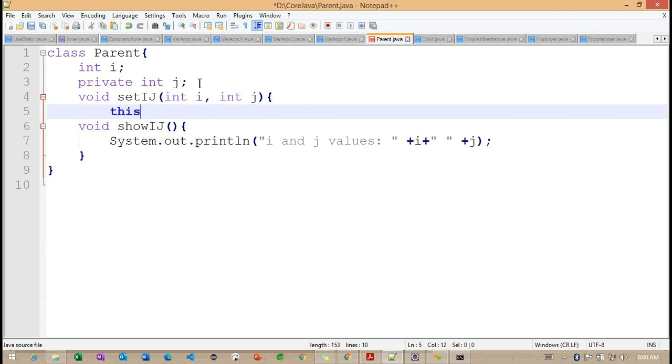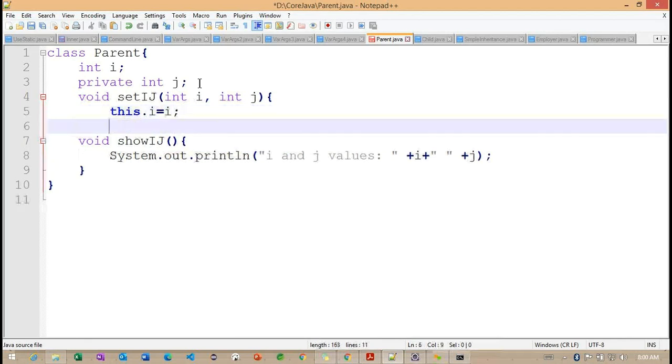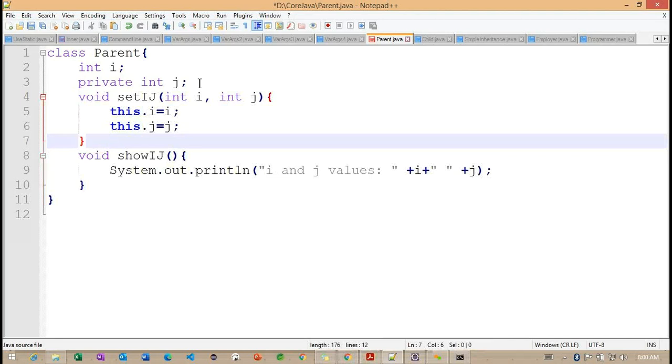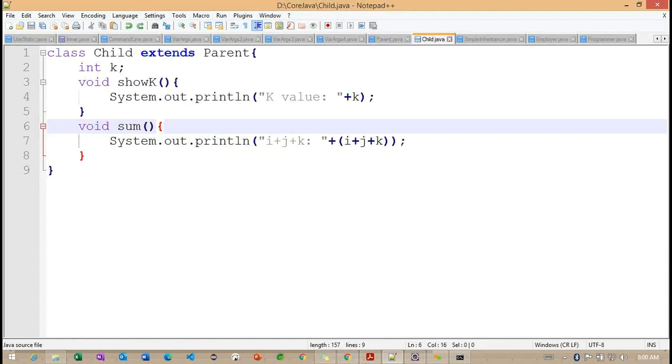Into ij. So this.i is equal to i, and this.j is equal to j. Right, so I made a setter method, and I want to check it with the child class. So inside this particular child class, now what I am trying to do,